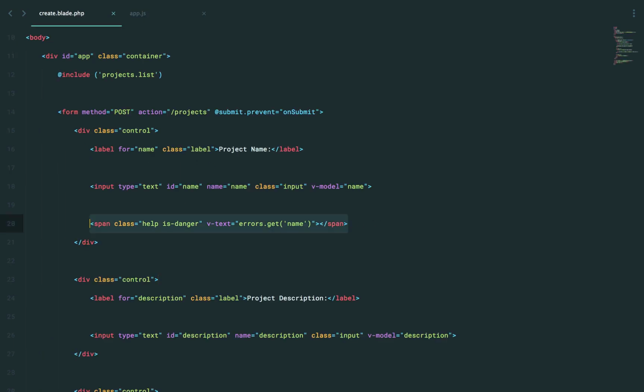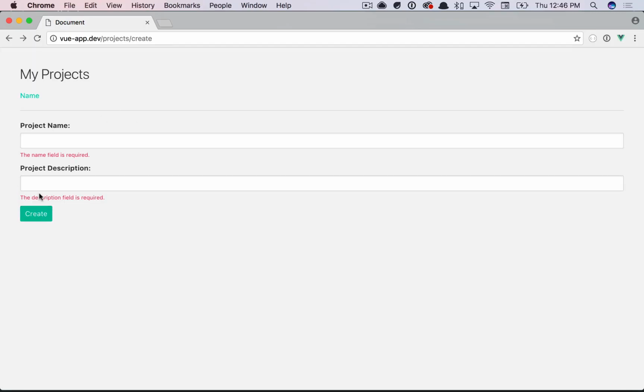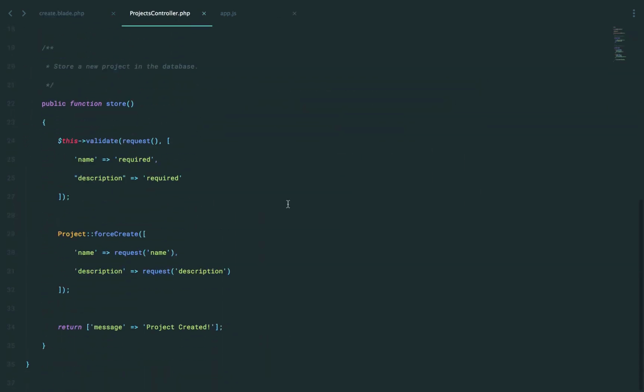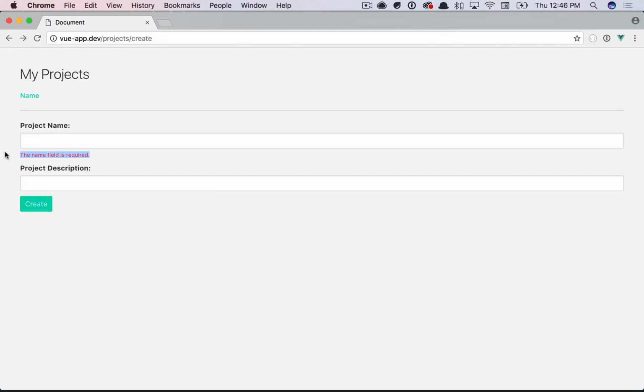Well, let's do the same thing. Down here, we'll add another section to get the description. So if we give this a shot, now they're both failing. Great. And now I want you to remember, this is coming from our validation. So for example, if description is not required, refresh, submit it, well now only that one is going to be